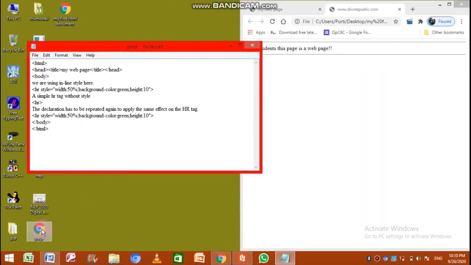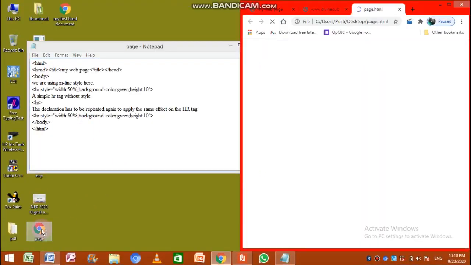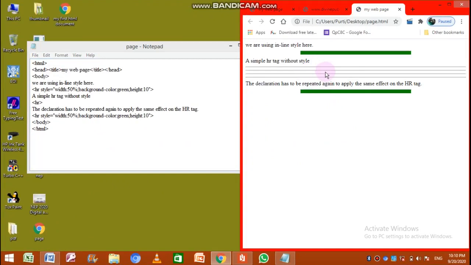So let us execute this program. You can see two green lines of 50% width. 50% means what? This total width is 100%, and the line which you can see is 50% of that 100%. Text, then line, style HR with style, then simple HR tag,